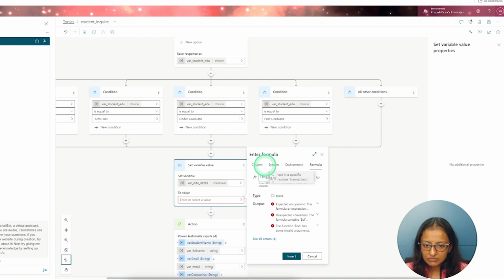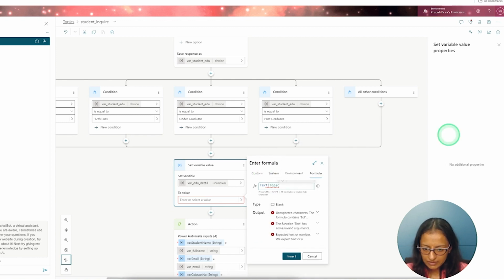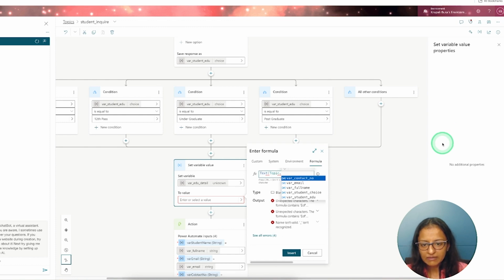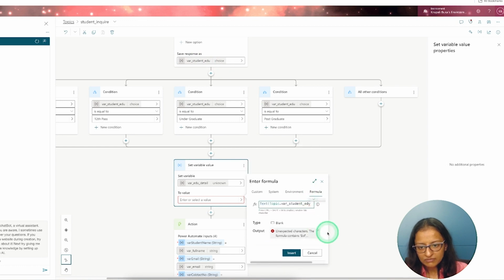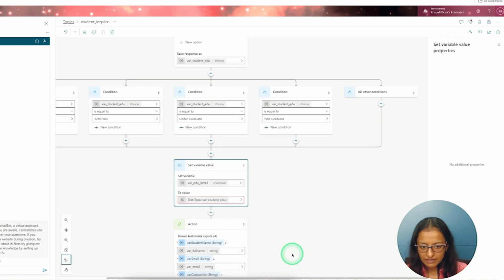So for that, I need to write a bracket and write topic, enter, and then you need to write the name of the variable which you want to convert into a text. Here this variable is a type of choice, a variable student educational. So I am converting it into the text. So complete the bracket and convert it.